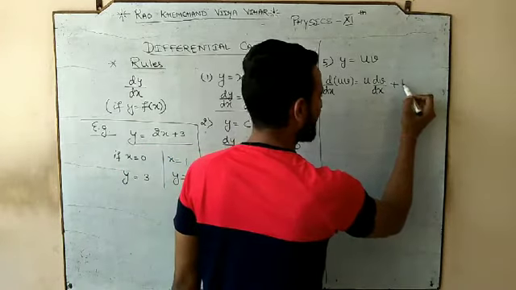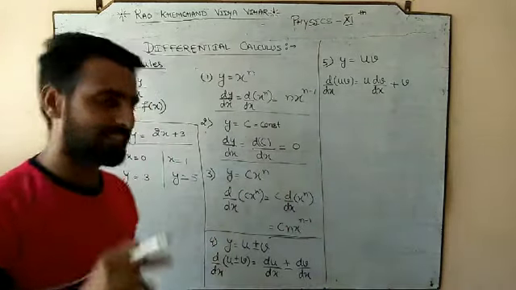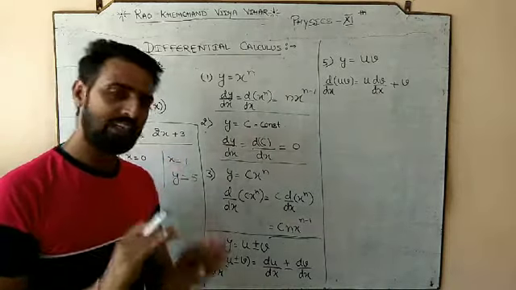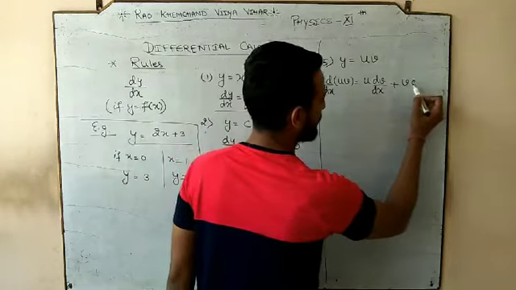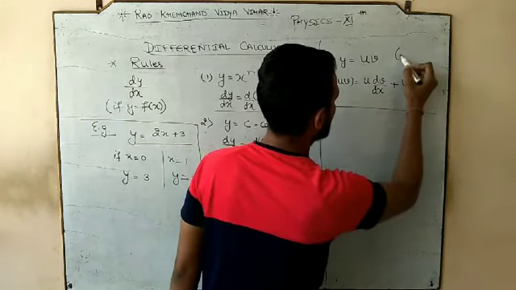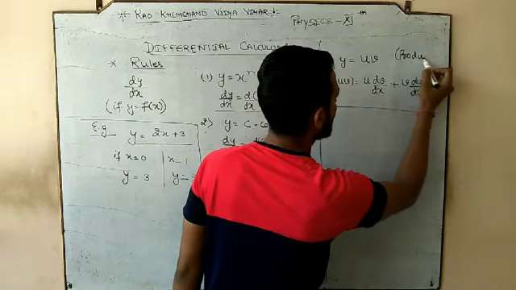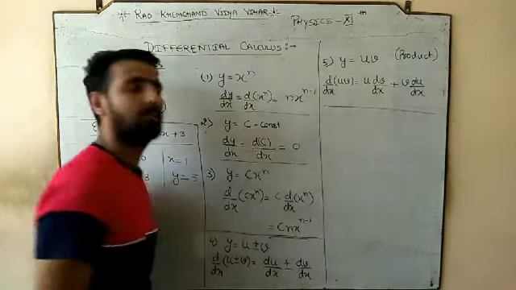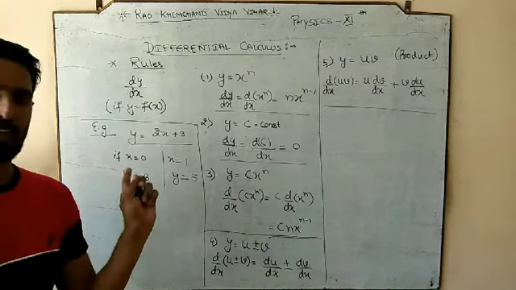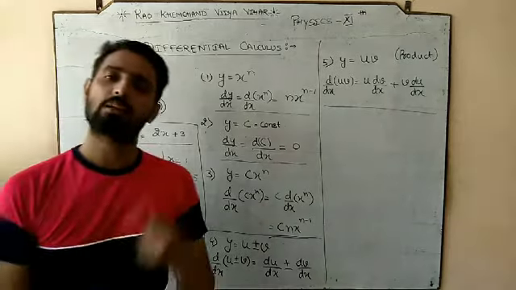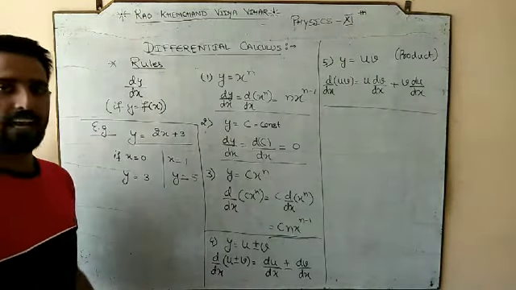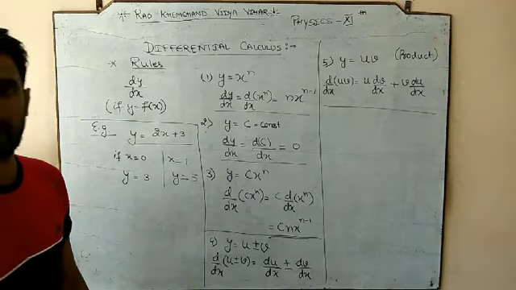Now the second term which was differentiated, that term would remain as it is, and the first term would be differentiated. This is called your product rule. Means when we are multiplying the two terms, u into v. Done? Means first term as it is, second का differentiation plus next time जिसका differentiation किया था that term would be as it is, and first term जिसका नहीं हुआ अब उसका बारी आ गया ना.